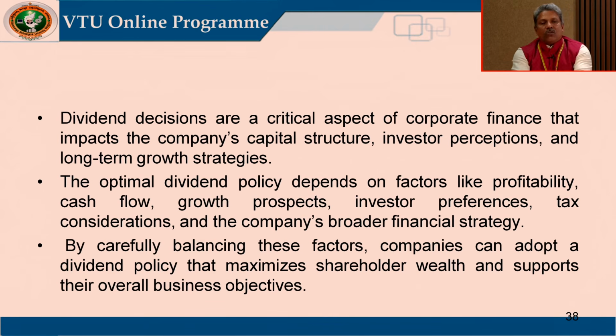A company needs to adopt a dividend policy which maximizes the shareholder wealth, and it should be capable of supporting their overall business objectives. So that is what we already mentioned. I already mentioned that a proper balance needs to be maintained. The company needs money for reinvestment. At the same time, the shareholders also will be expecting some minimum return. So a balance needs to be maintained between the funds needed for the company for maintaining liquidity and the expectations of the shareholders. So this proper balance should be maintained